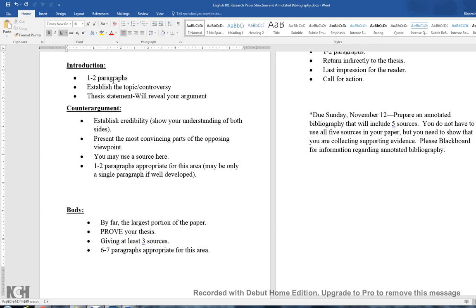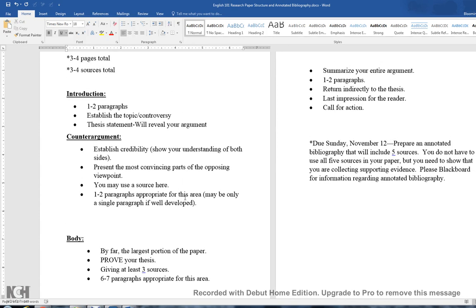Please don't lose track of the fact that you are structuring a persuasive stance or an argument in the paper. Counter argument, that's new. We've not really done that, although you've been looking at that in the past draft plans that you've completed. But in this sense, you actually need to structure a counter argument that will come after your introduction. And it sounds kind of weird to acknowledge the opposite side of your argument, but doing so will allow